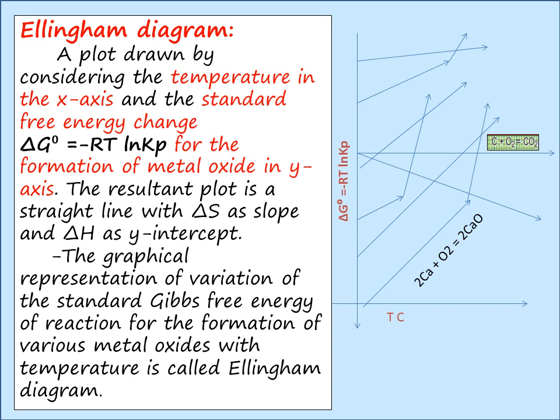Why should we draw this Ellingham diagram? From this what do we infer? From this we can easily identify or find out whether the metal oxide is stable and up to which temperature the metal oxide will be stable and at what temperature the metal oxide can be converted to metal and which are the reducing agents employed for converting a particular metal oxide to metal.